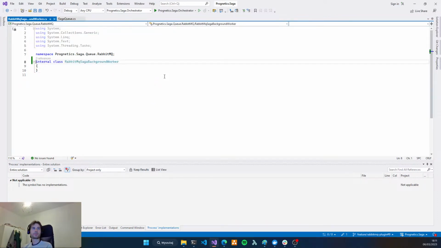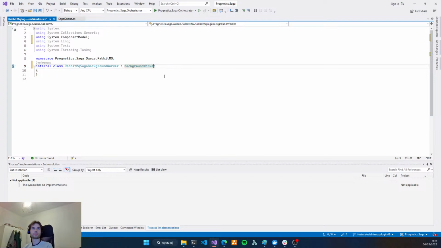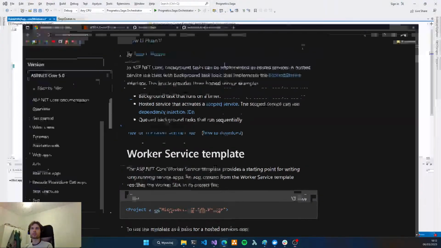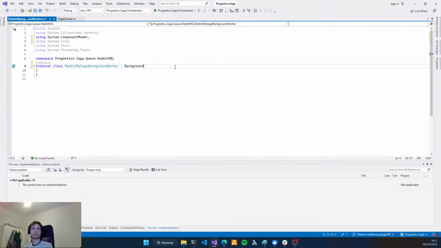Okay, and I will implement background worker. Probably it's wrong. Not background worker, but background service.